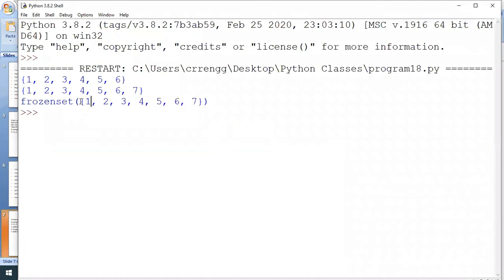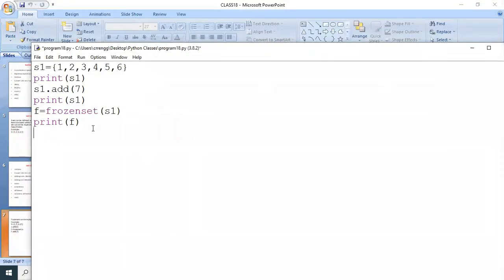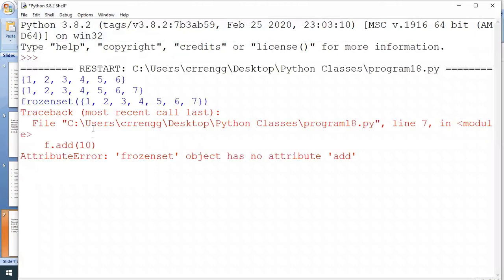If you observe, it is changed to immutable, shown with small brackets, which means we cannot change the content of this frozen set. If I try f dot add 10, it returns an error: frozenset object has no attribute add. That means this frozen set is immutable, and we cannot change its content.